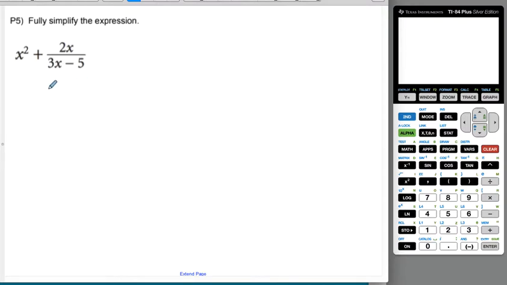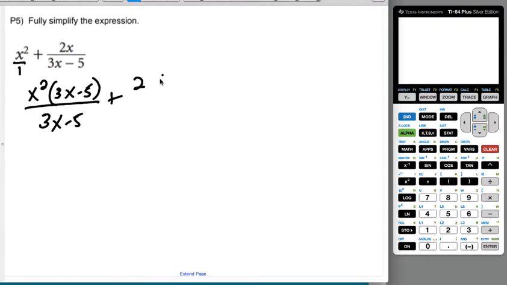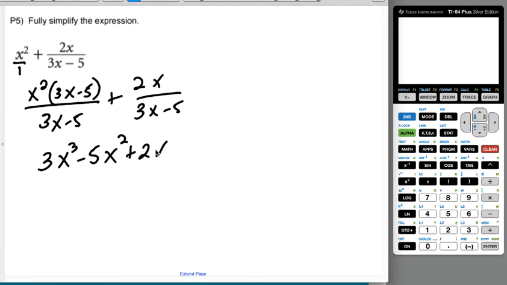Go ahead and give this one a try. Same basic idea. Remember, this is over 1. So go ahead and pause me if you want to try it on your own. I'm going to go ahead and get a common denominator by multiplying by 3x minus 5 on the top and bottom. So I'm going to get 3x cubed minus 5x squared plus a 2x over a 3x minus 5,